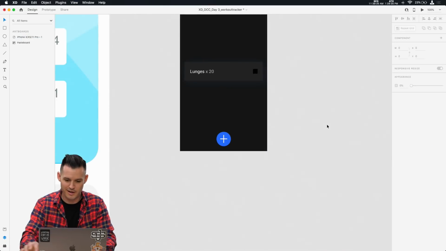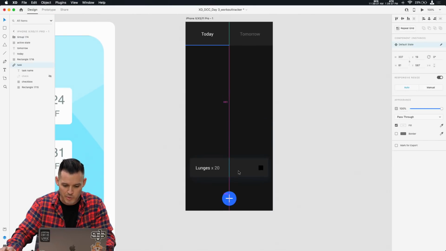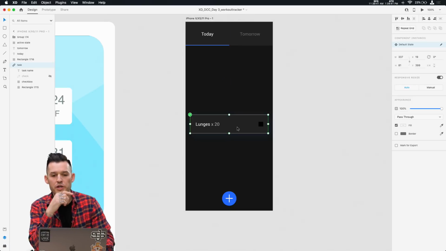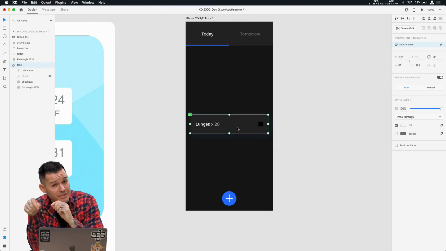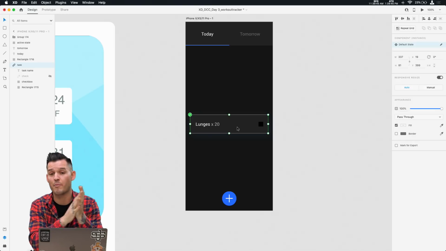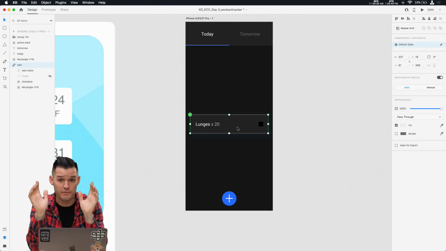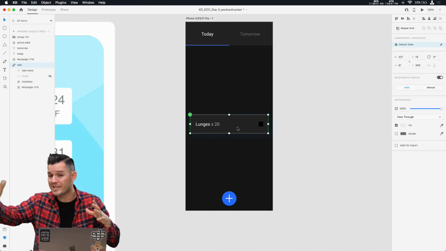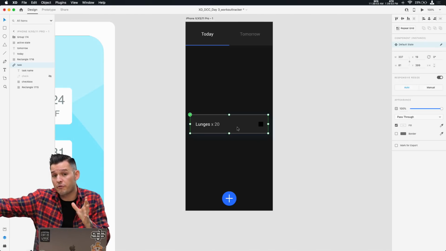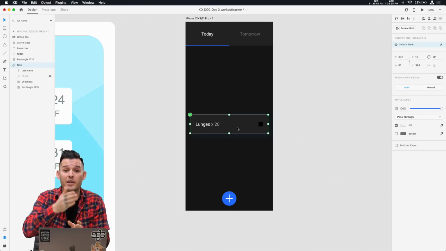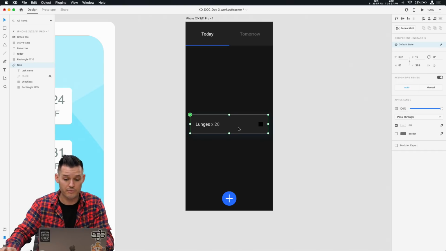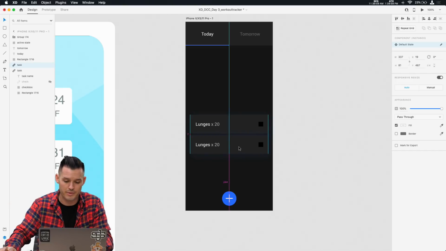So, all right, we have a little plus button, and this is where we would add our elements. Now, when I'm working through a flow, I'm gonna do a little dive into some user experience design right now, mixing with our prototyping. When I'm thinking of a flow, I wanna think of the end result of the flow. Keep that in mind. I wanna go all the way to the end. Hey, what's the full-blown flow look like at the end? And then I can work backwards and we can animate through those. That's how I work. You don't have to work that way, but that's how I do it.